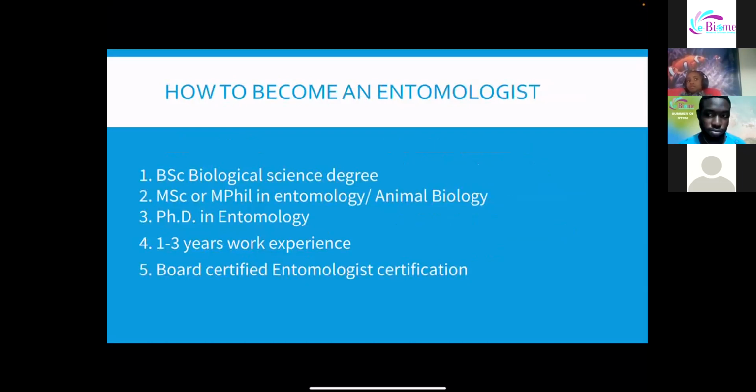How do you become an entomologist? So you become an entomologist first by doing the sciences from high school, mostly biology or integrated biology or human biology. You then obtain a BSc in biological science degree. Then you move further by doing an MSc or MPhil in entomology or animal biology. And then you can go further by doing a PhD in entomology. In most cases, you do need a 1 to 3 year work experience. So you get in